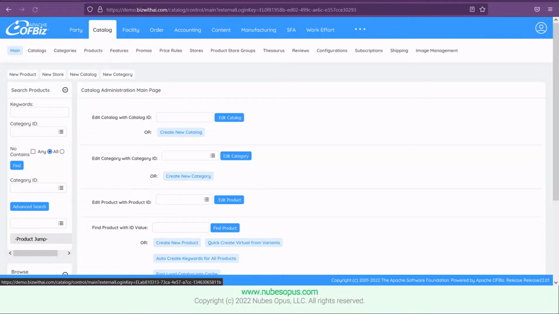Catalog module. The catalog module is used to manage the products which are purchased, sold, manufactured, or used by the company. Some of its key features are: it supports unlimited stores, catalogs, categories, and products. It handles a range of products: physical, digital, downloadable, and actual products. Price rules for customers or group specific pricing can be set using this.